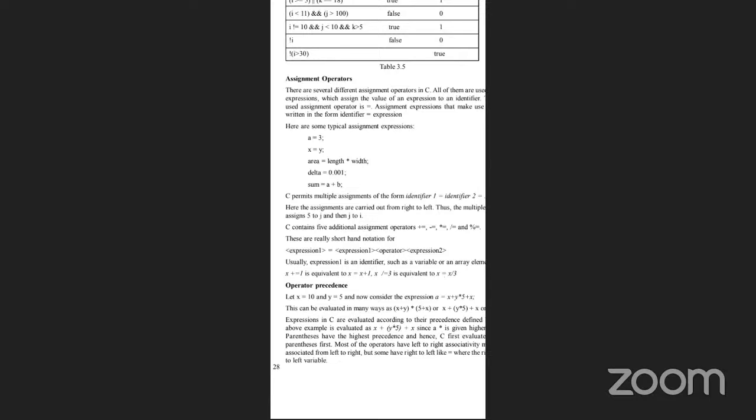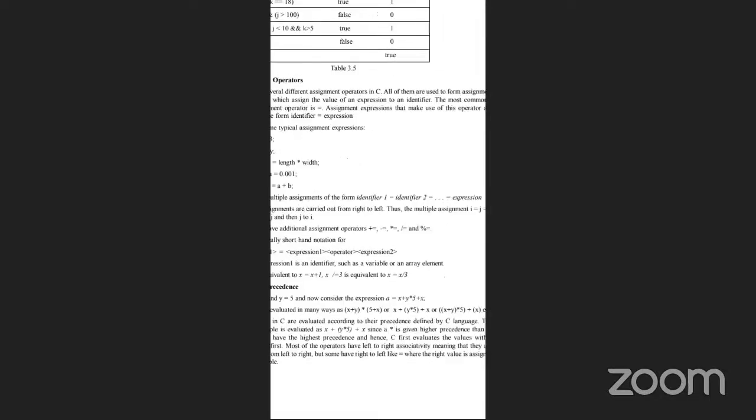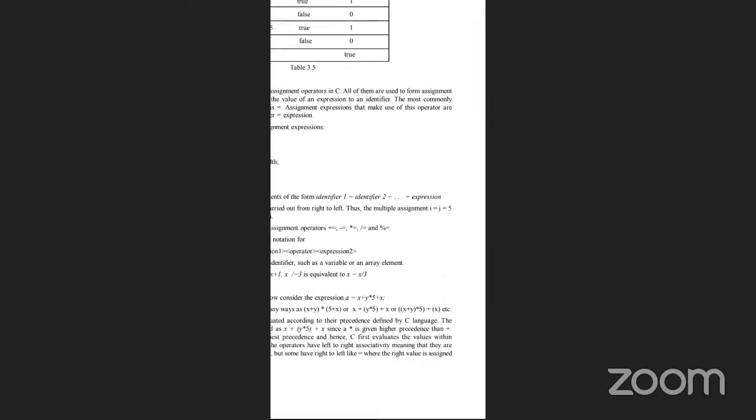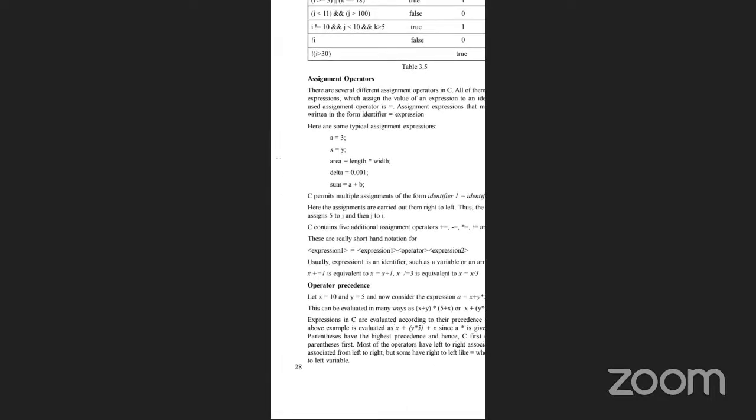Operator precedence. Let x equal to 10, y equal to 5. Now consider the expression a equal to x plus y into 5 plus x. This can be evaluated in different ways, such as x plus y into y plus x, or x plus y into 5 plus x. The expression is evaluated as x plus y in brackets, y into 5 plus x, and since star is a